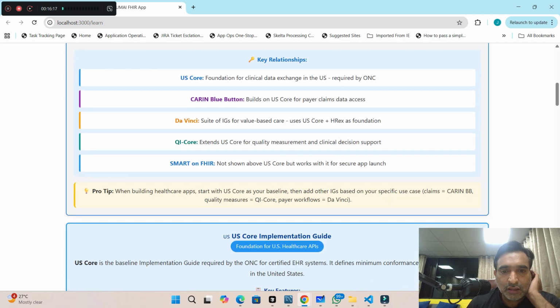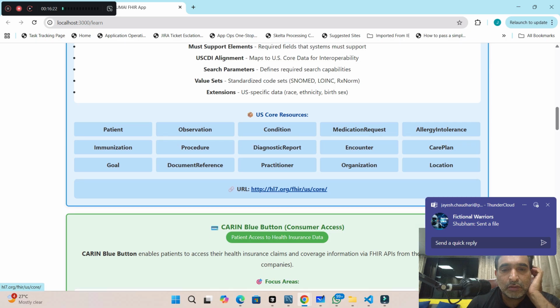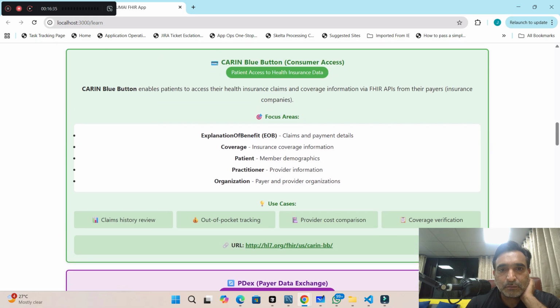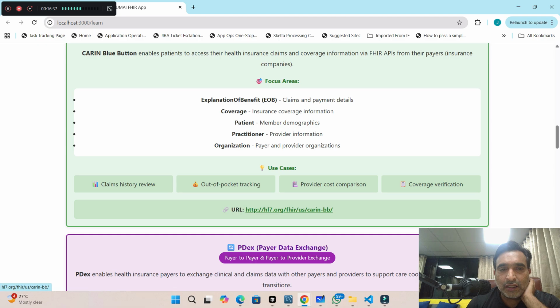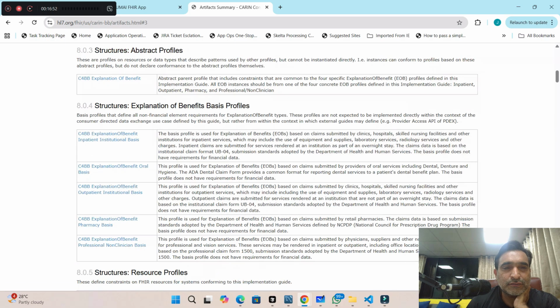Here I have links to all the implementation guides. I may soon host this web app somewhere so that you guys can try your hands on it. Okay, so Carin Blue Button. If I click here, it takes me to the page for the Carin BB implementation guide. Now FHIR artifacts, and if I go to profiles, okay, now see,